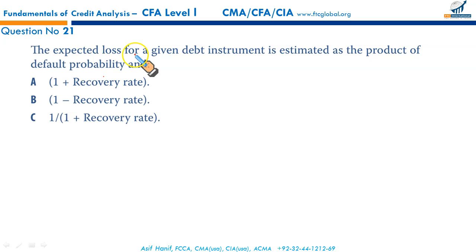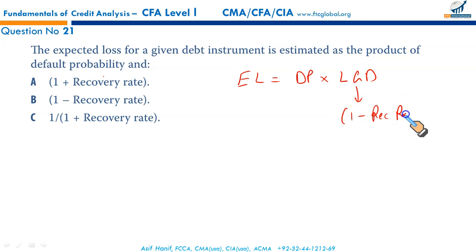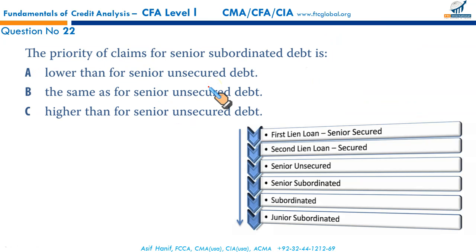Next, the expected loss for a given debt instrument is estimated as the product of default probability and, as we have read in our text, expected loss is equal to default probability multiplied by the loss severity given default. Sometimes this loss severity given default is expressed as 1 minus recovery rate. So this part is given, the product of default probability times 1 minus recovery rate. So that makes B our correct option. All right, now